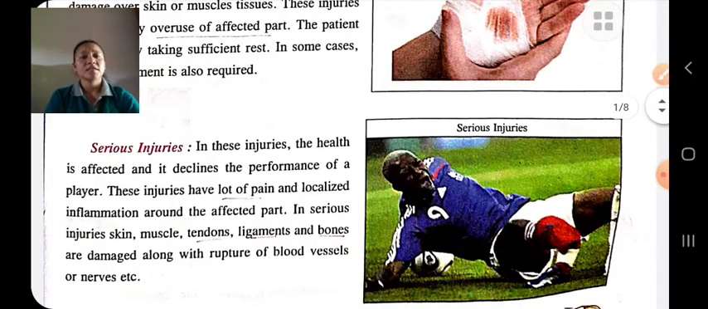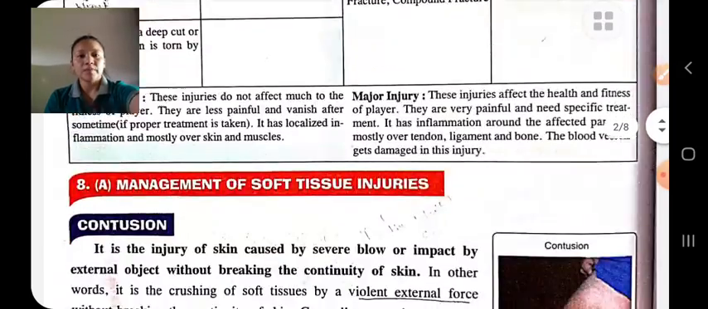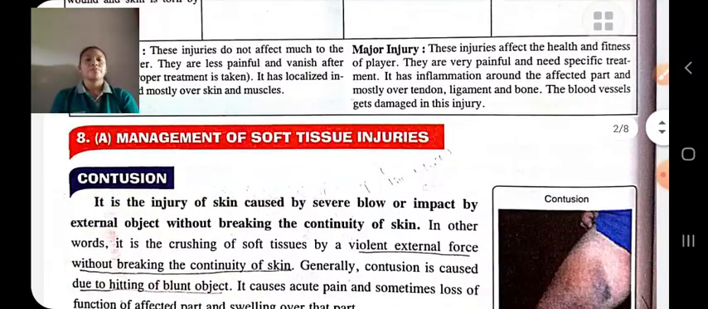Serious injury affects the performance of a player. It is very painful, like fractures, dislocations, ligament tear, etc. Management of soft tissue injury. Contusion. Contusion is a soft tissue injury caused by a severe blow or impact by an external object